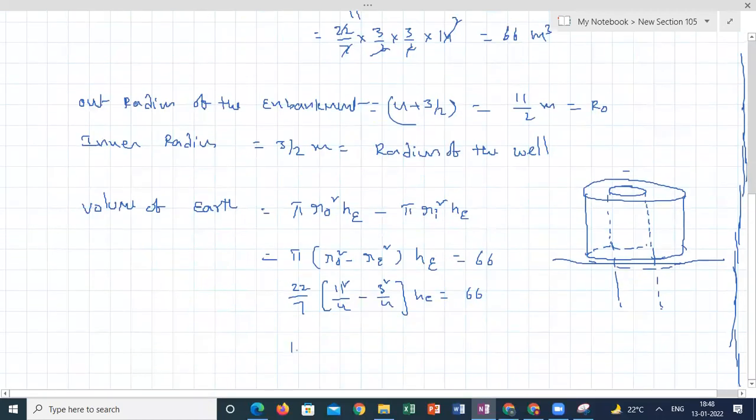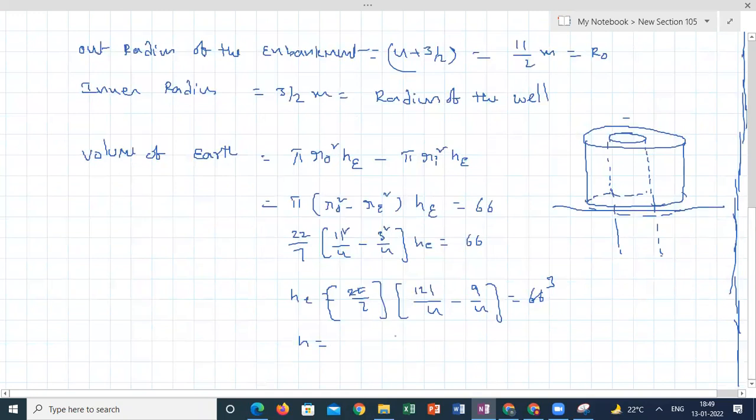So now it is simple. So height of the embankment is 22 by 7 into 121 by 4 minus 9 by 4 is equal to 66. This will be 3 into 7 by 121 minus 9. 120 minus 9 is 112 by 4. So the height of the embankment is